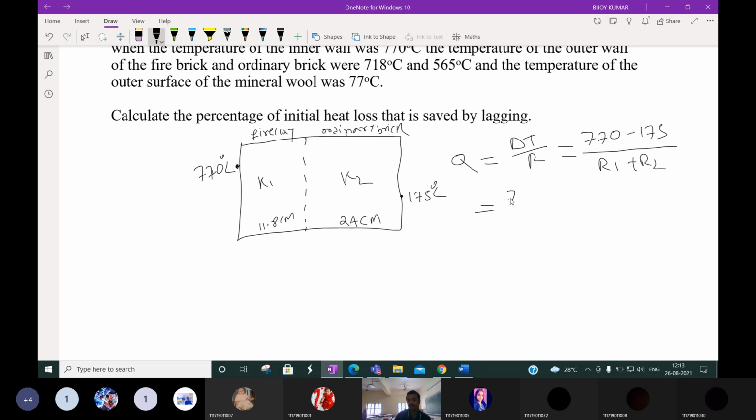R1 is X1 by K1 into A. What is X1? 11.8 centimeters, the unit is given in